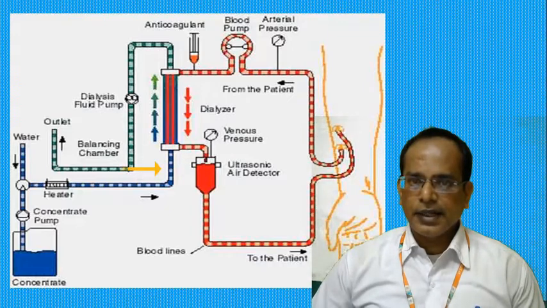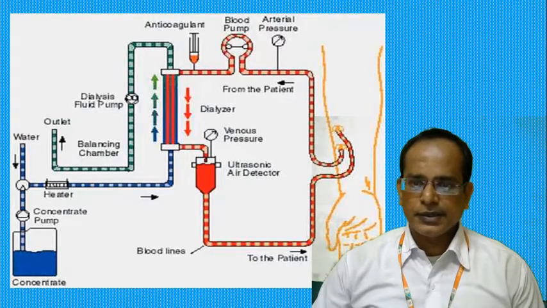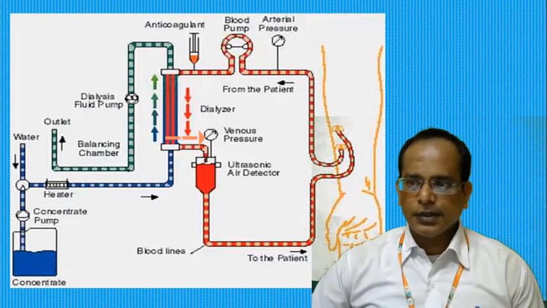When that dialysate is combined with the unclean blood, it will absorb all the unwanted substances, and after that the blood is purified with the help of the osmosis method. Further, the purified blood is injected again into the vein. So this entire process must be controlled by the venous pressure. That is very important.